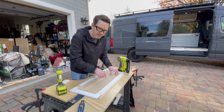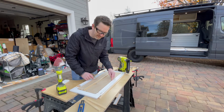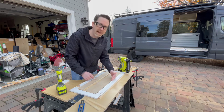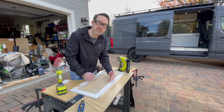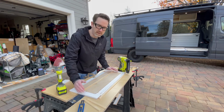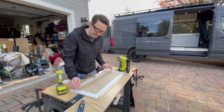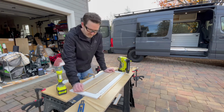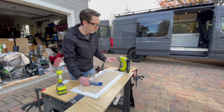I didn't mention this before, but when you cut your panel, you want to measure the exact width, and then subtract 1/8 of an inch when you cut. That'll give 1/16 of an inch on each side and allow enough room for the board to expand and contract over time. And in terms of using this scribe, to install it,